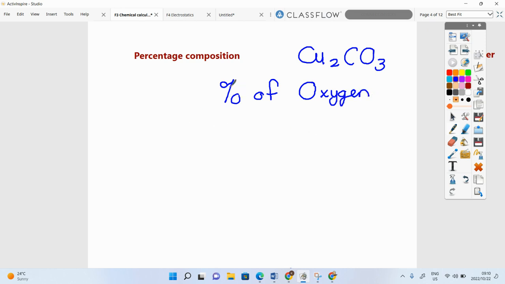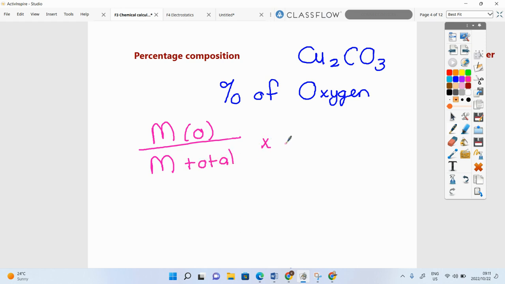It's like working out the percentages that you got for your test. So you're just going to say it's the molar mass of the oxygen in that compound over the molar mass of the total